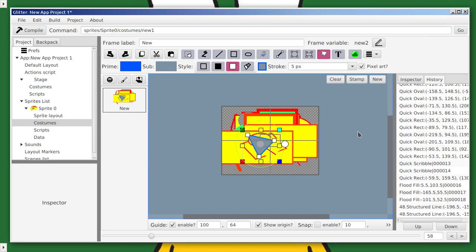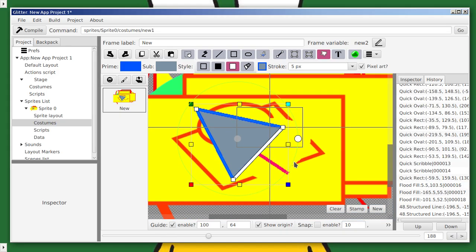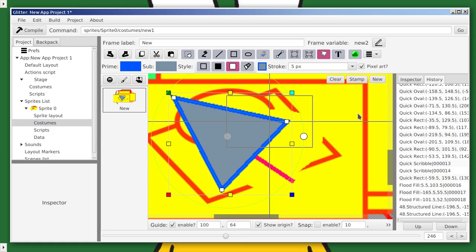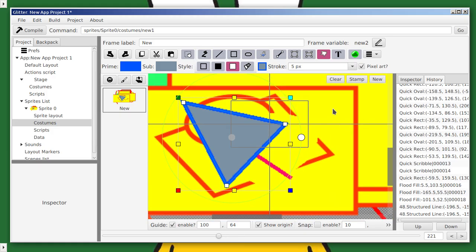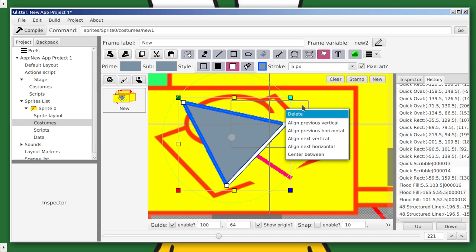Now, Glitter itself doesn't have this tool built in. There's no eyedropper tool. But if you're in the image and you want to pick up this color here, if I use the right mouse button, it will set the color to that. So I can pick up orange, I can pick up that color, and I can pick up blue and so on. The only reason that I have this problem is that sometimes when you click on the right mouse button and you do this, it should capture the color, but what happens is